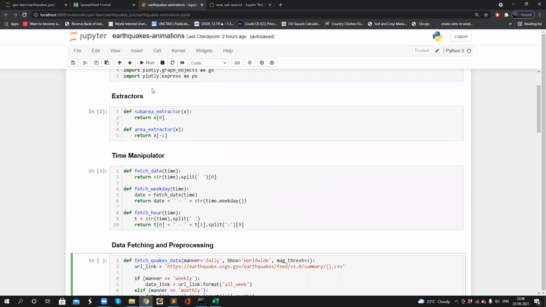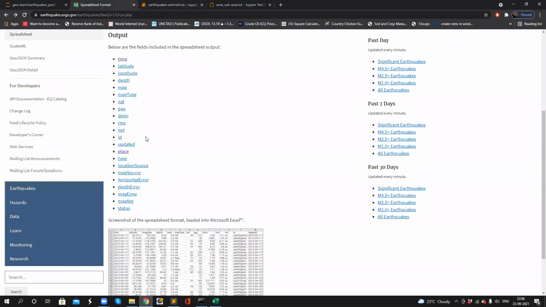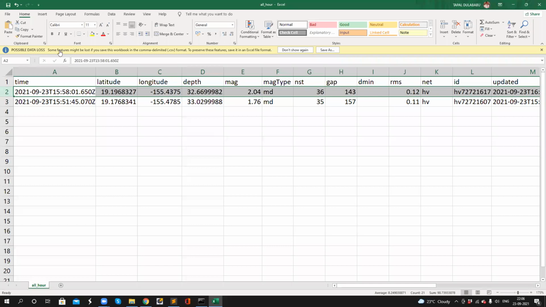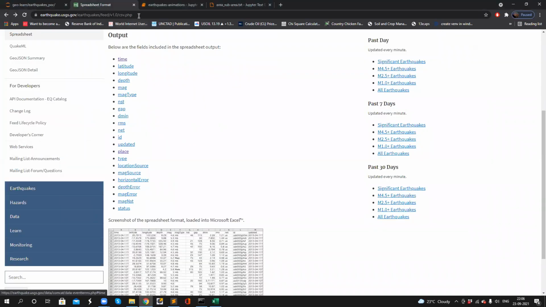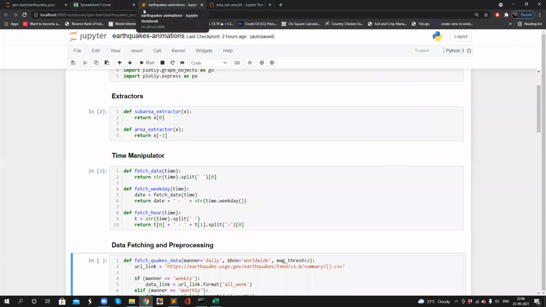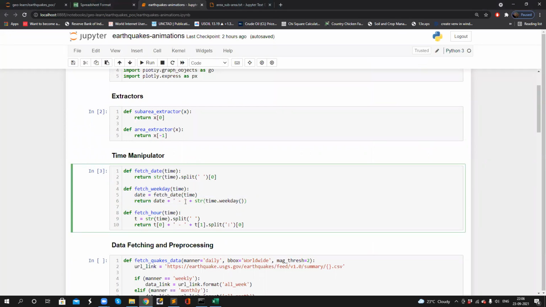So time consists of a date time object right here. It will take this value and extract the weekday of it. We can easily do this with pandas. So this function here, fetch weekday.